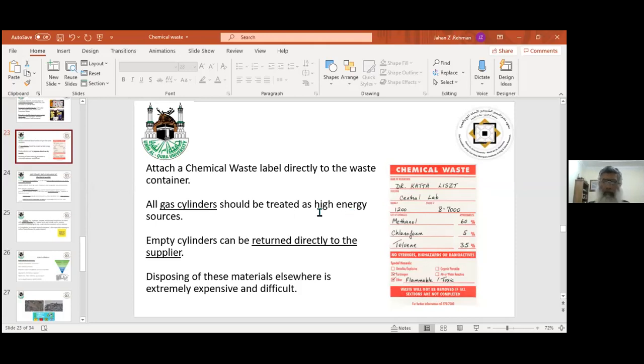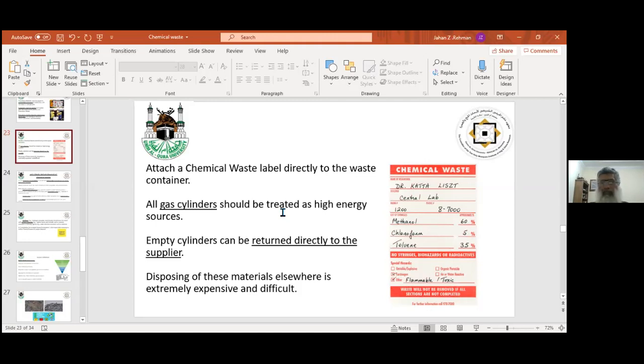Okay, now this is a point about gas cylinders. Sometimes we use gas in our lab for instruments or other purposes. If you have a gas cylinder in your lab, there are only two places for it. If the gas cylinder is filled and in use, then put it in the lab at a particular position. Do not put it near the flame, near flammables, or near oxidizers. Put it outside the lab in a separate, specific portion.